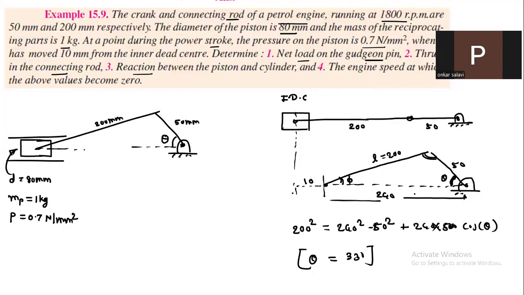Okay, so this is the only difficult part here, to get the value of this theta. Once we get theta, we can find out the phi value. To find out this phi value, either use the cosine rule or use the sine rule. From the sine rule you can get the value of phi. It is 7.82 degrees. Okay, and the remaining part is as it is. Calculate the FP, calculate FI,